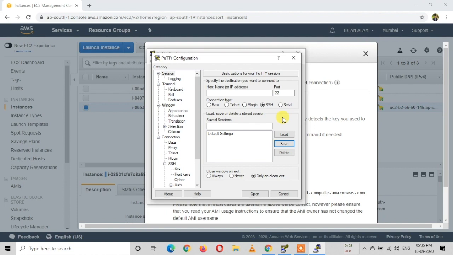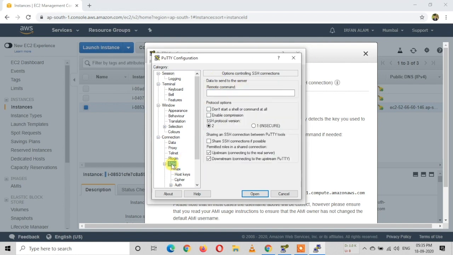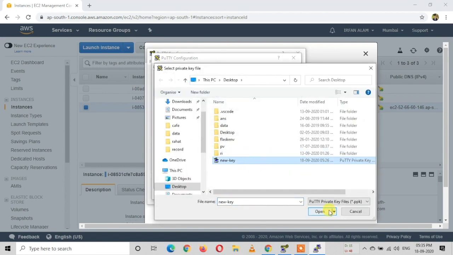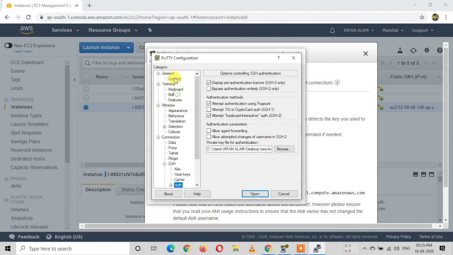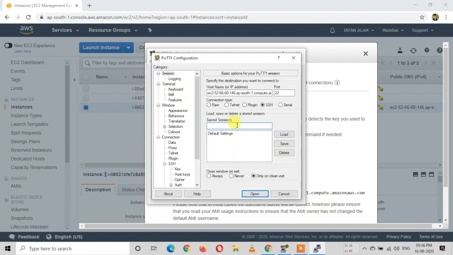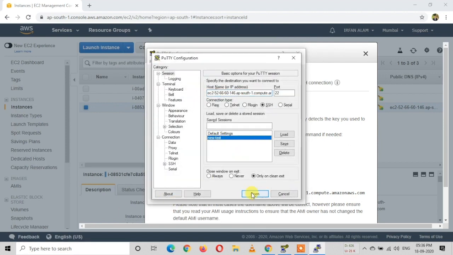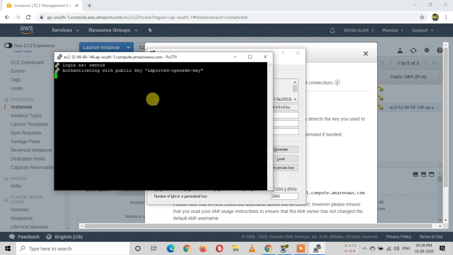Now if you open PuTTY again, you will find that you will have to provide the same details again. So it's better to save the session. So let's enter this host name, then click on SSH, then auth, and in this select the file. Then go back to session, and here give this a name, some name, and then click on save. Now these details are saved, and if you open PuTTY again, you don't have to provide those details again. Open PuTTY again, and then click on this new test, and then click on open, give the name, and here it is connected.